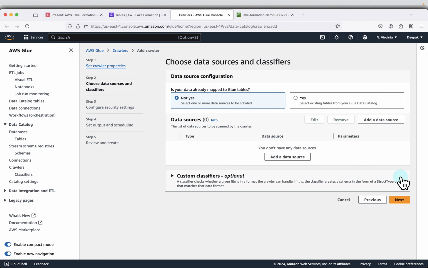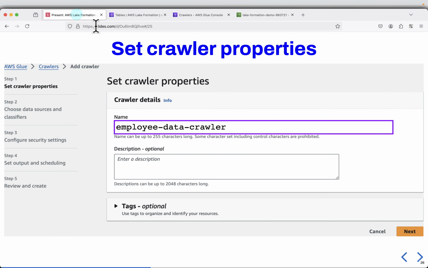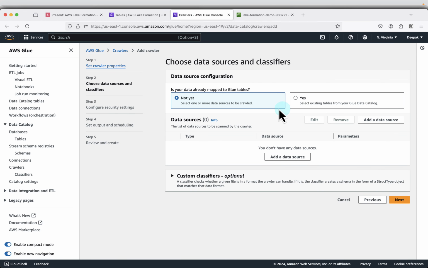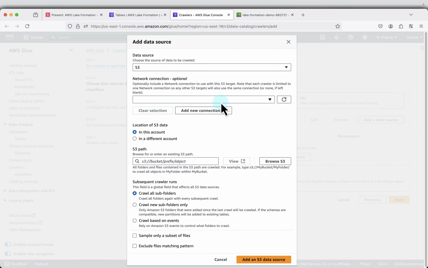and click on next, and you can select the data source. So I will choose the data source. So just choose the S3 path. So it will crawl everything recursively. So say add a data source and